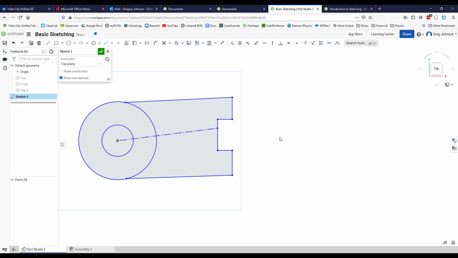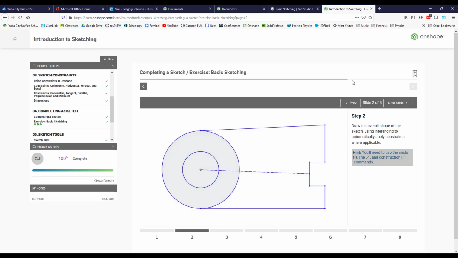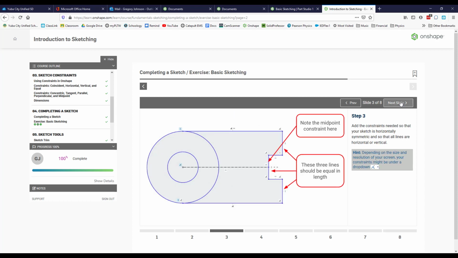Okay, so we've got this basic shape that they're talking about. Now they want us to create a bunch of constraints. So I'm going to kind of look this over first. One of the things I'm noticing is there seems to be a vertical constraint right here. And I'm assuming that vertical constraint, it's hard to tell because you can't see it, but